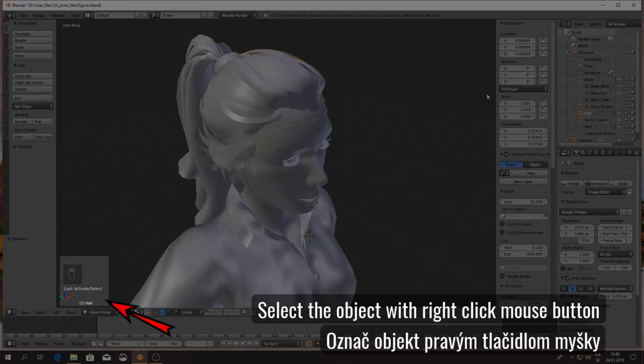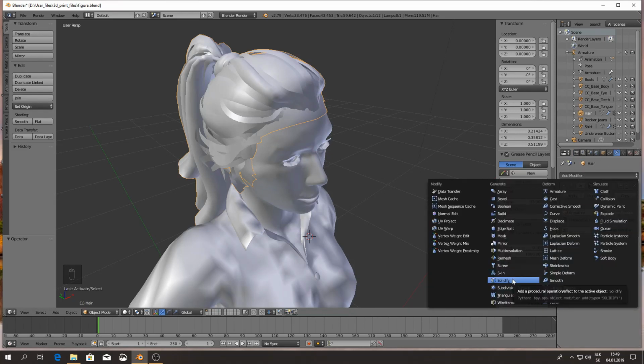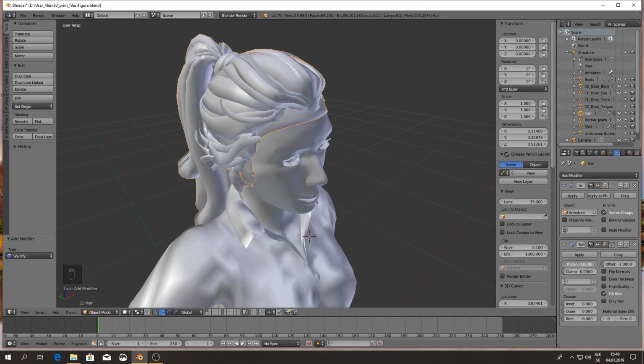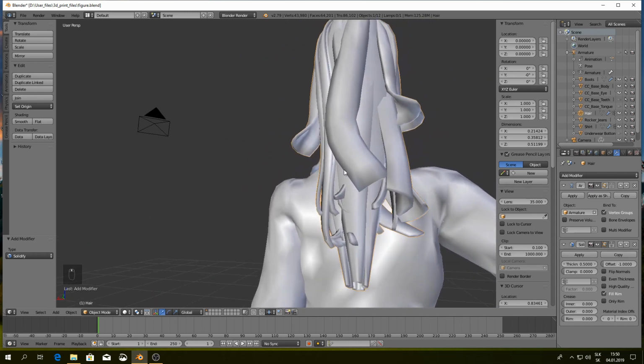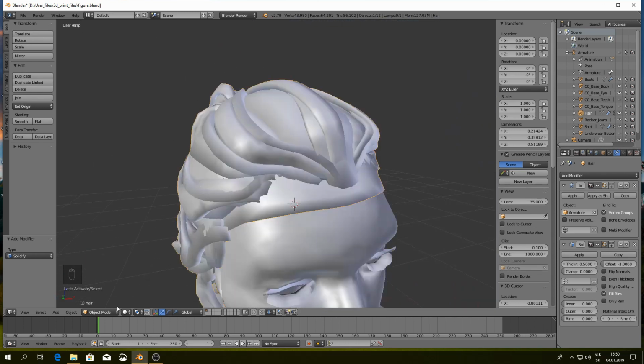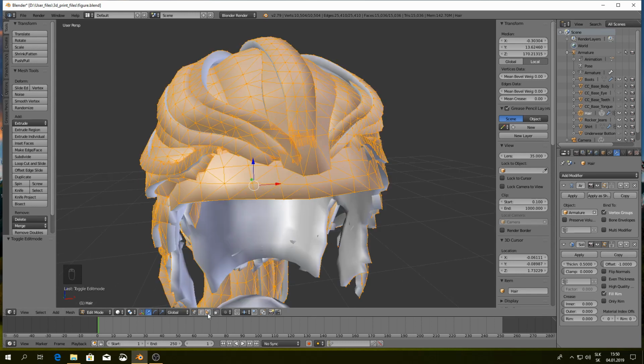Select the object by clicking the right mouse button. Then increase the wall thickness of the selected object using the appropriate tool. Or we can delete unwanted parts of the object.